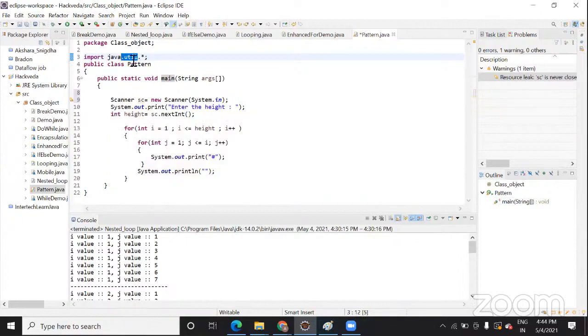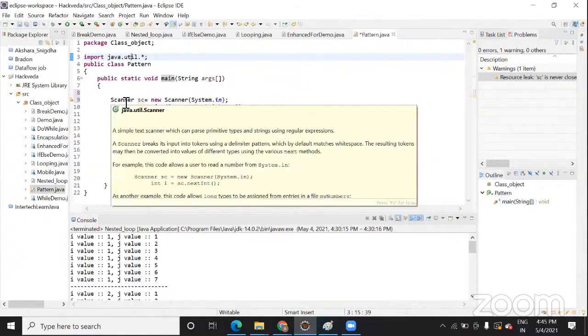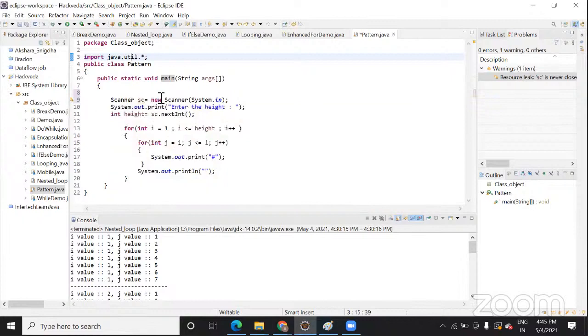You can keep your cursor here and it will show you. Let me put the cursor on Scanner. See, this Scanner is one class. People make it complex, but Scanner is actually one Java class inside this package that helps you accept input from a user. There is Java code working behind it. So in order to use that, you simply add Scanner here.